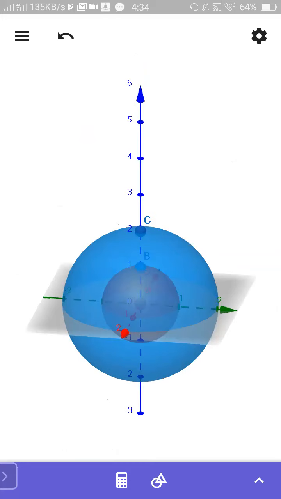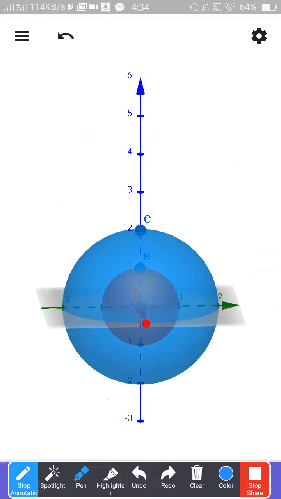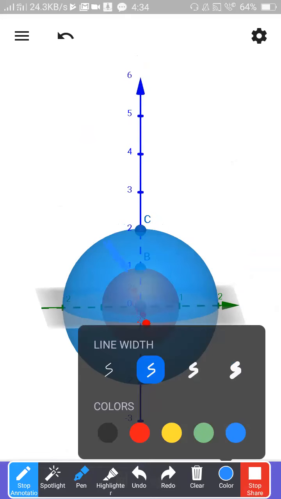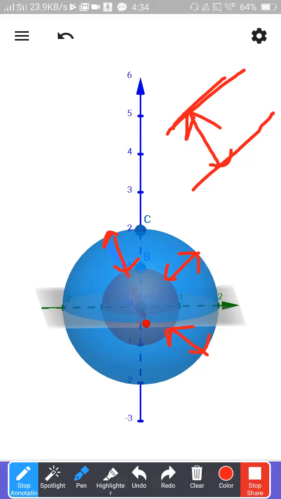Why are they parallel to each other? Always the distance is the same. The distance between the inner sphere and outer sphere is the same. That is another concept of parallel things. Whenever you have two parallel lines, the concept is that the distance will be the same. These two are parallel surfaces. This is the concept of the sphere.